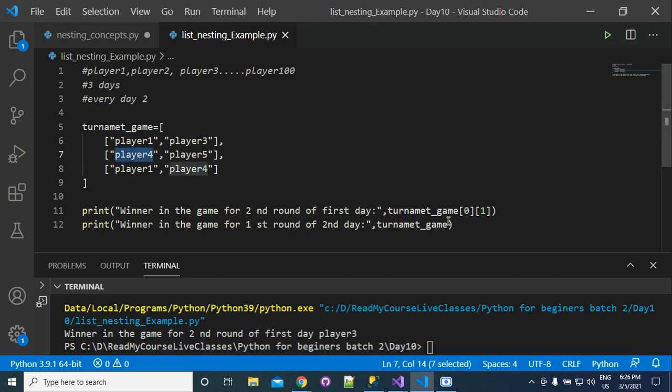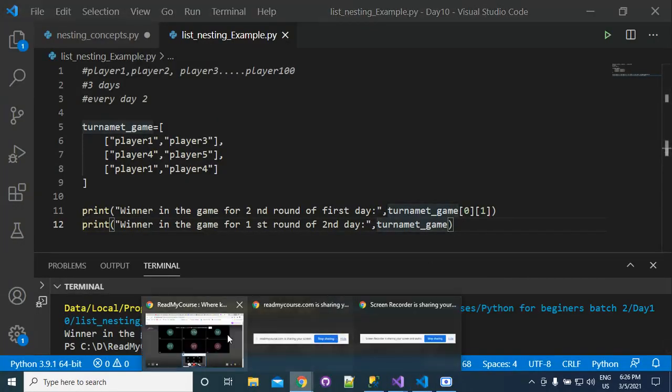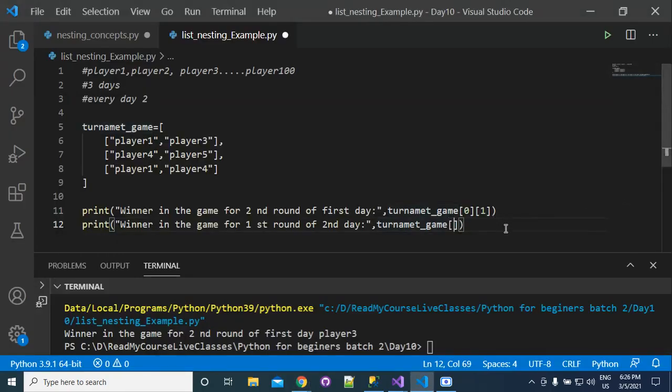Means what we need to write here? 1 0. Yes, correct. So we will write here 1 0. By writing 1, we will get this list, and in this list, player 4 is the position of 0 index. So that's why we are writing tournament game 1 0.